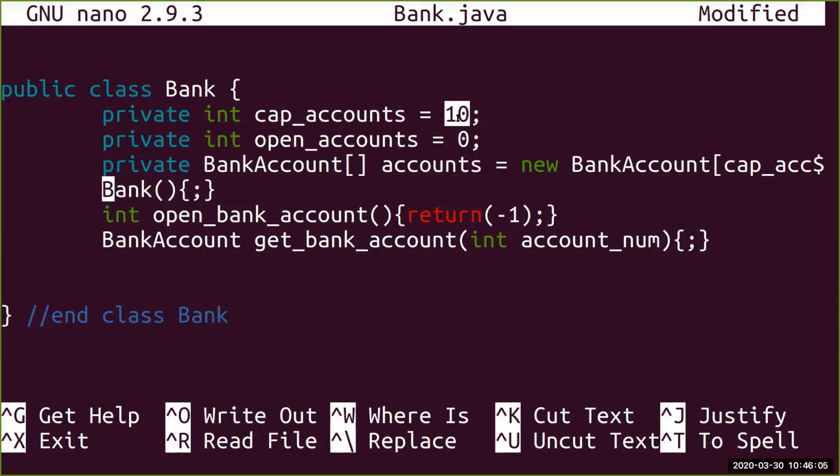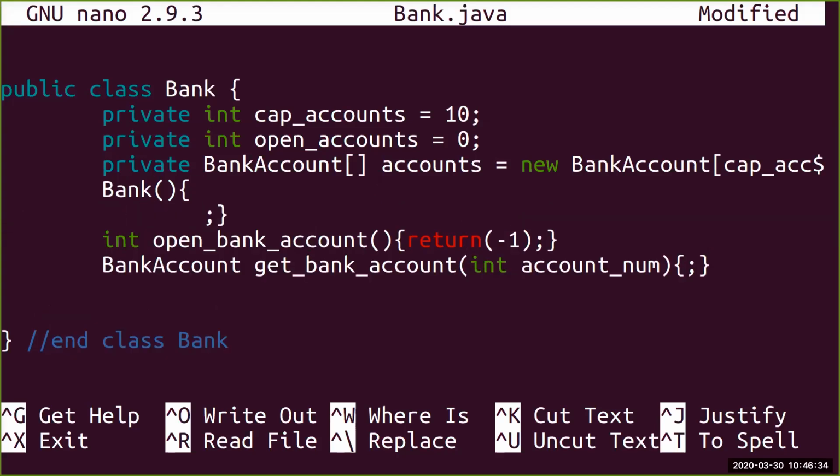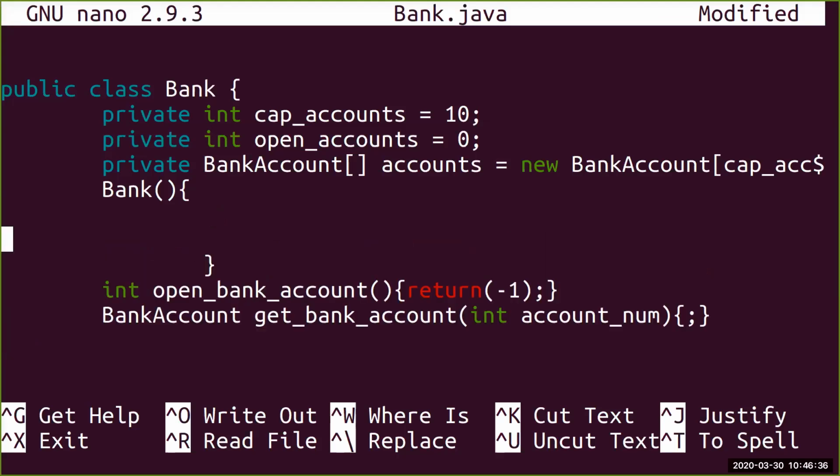That makes it much more difficult for us to change our code, because we would have to go everywhere, because maybe there would be a 10, maybe there would be 9 somewhere, whatever. Maybe instead we could just say cap accounts minus 1 if we needed some reference between 0 and 9, because those would be the indexes of our array. Okay, and so then maybe here in the constructor,